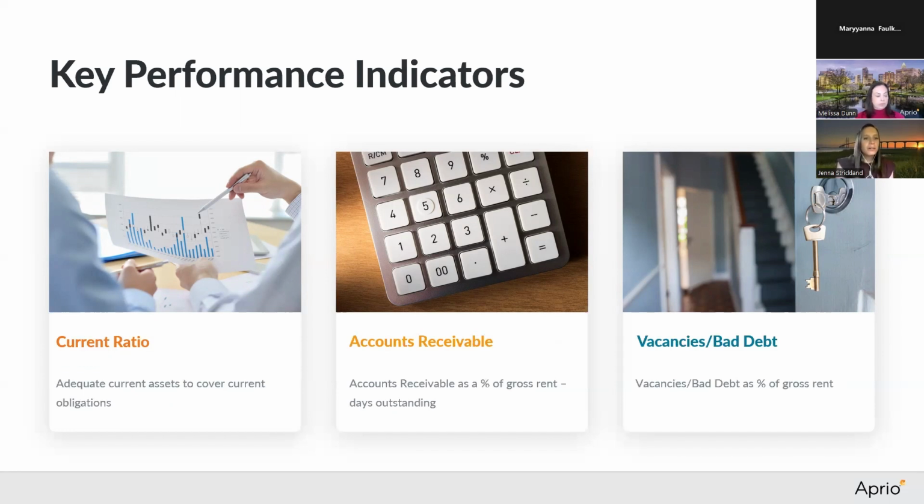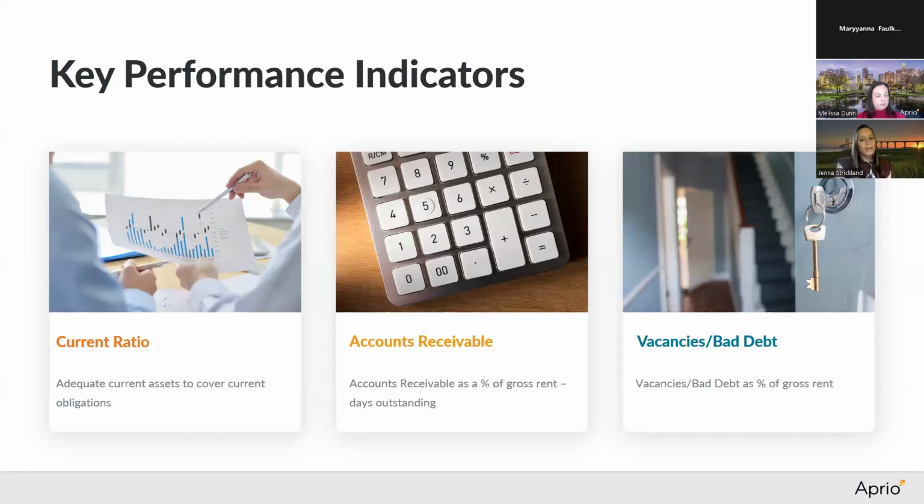All right, so to continue on those key performance indicators, we have a couple more that are important that we wanted to highlight. The current ratio we talked about when we looked at the balance sheet, but this is looking at your current assets and your current liabilities to make sure that your assets exceed your liabilities. Again, you want this ratio to be 1 or above. So 1 is an easy number to remember for your debt service and your current ratio. If it's below 1, you might have some problems and you might need some additional funding to be able to meet your obligations. So that was your current ratio. Again, it's just your current assets and your current liabilities and making sure that your assets are greater.